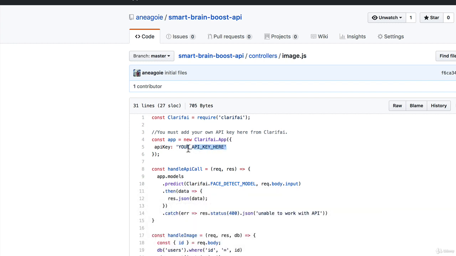Well, I don't want to commit or show to the public my API key for Clarifai, because let's say you're paying for that API key. Well, you don't want anybody to have access to it, because if they do, then anybody can access and use your Clarifai account. In here, I could have done process.env.your API key here,